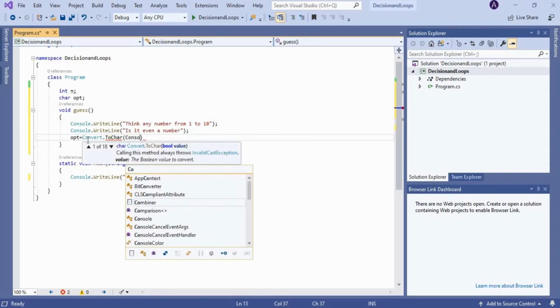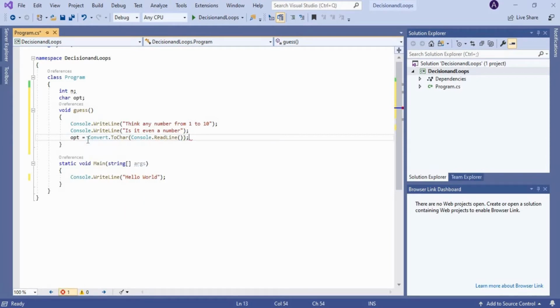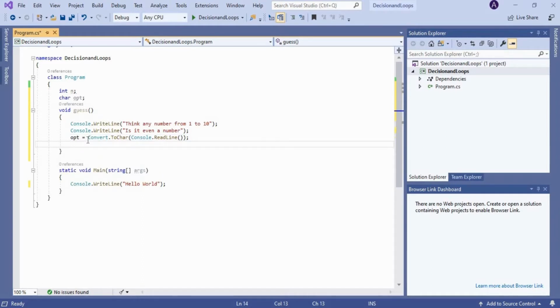Now we have asked and read the value from the user to determine whether the number they have in their mind is even or odd. In case the number thought by the user is even,